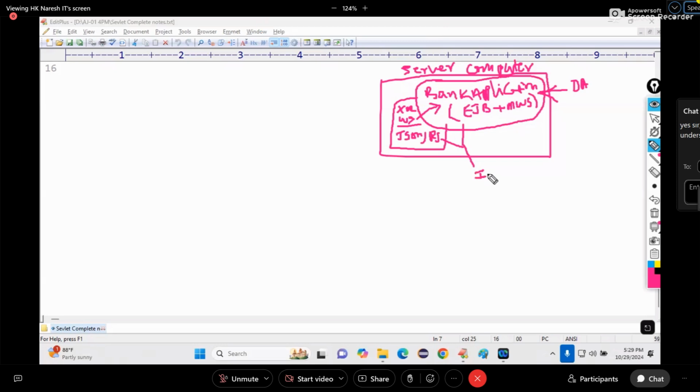Now, with the RESTful services to EJB it is called what? IA, interoperable application, IOA. Now understand why it is distributed.